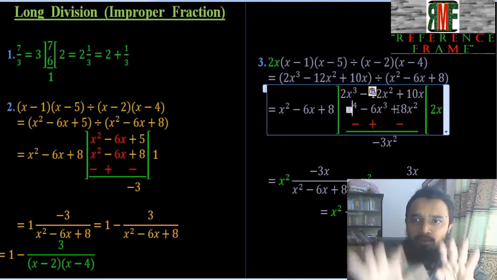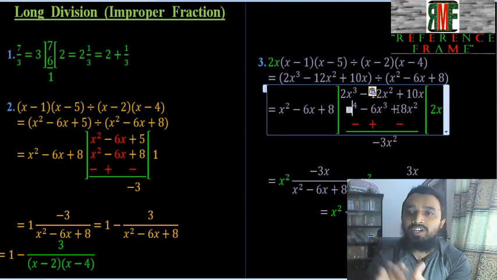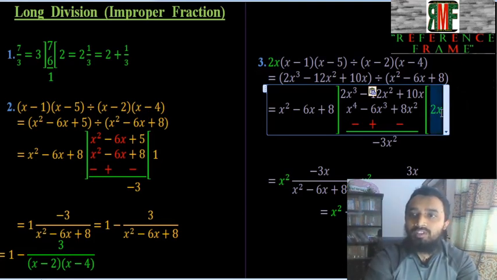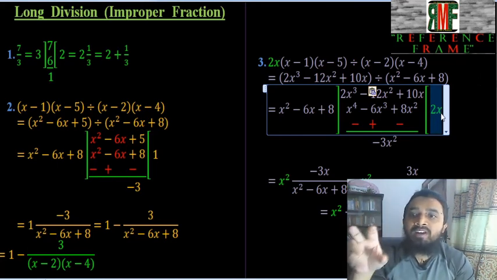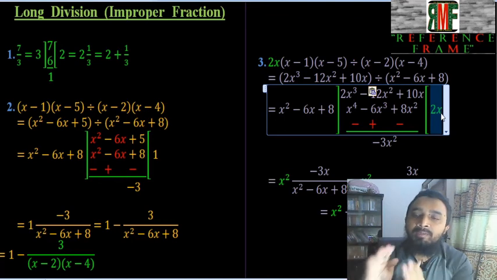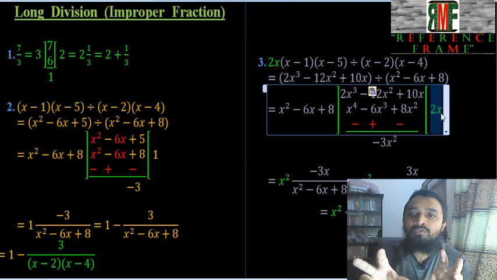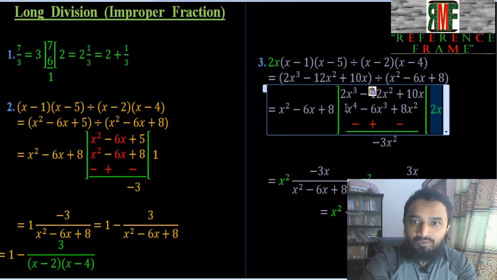So all you need to do is understand what our quotient should be. What should be our quotient? For converting the improper fraction into a proper fraction, the main focal part is to find the quotient. If you can find the quotient, the remaining part will be very simple for you. So I am just focusing on how to find the quotient. I am going to show you the remaining part in the next tutorial, inshallah. Okay, so if we are going to multiply this one,